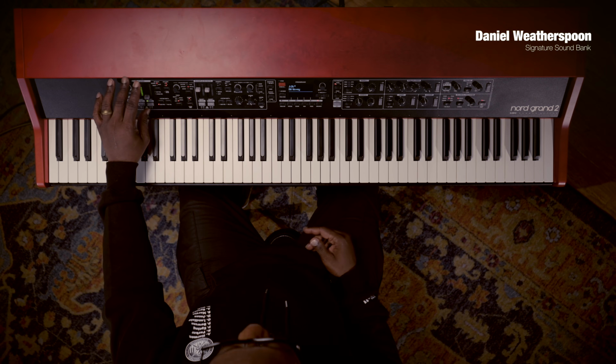I left this one flat. The only thing I did with this one is, instead of it being stereo, I used the unison feature and kind of made it a little more mono, and it kind of brought the sound a little closer. Then I took something else,